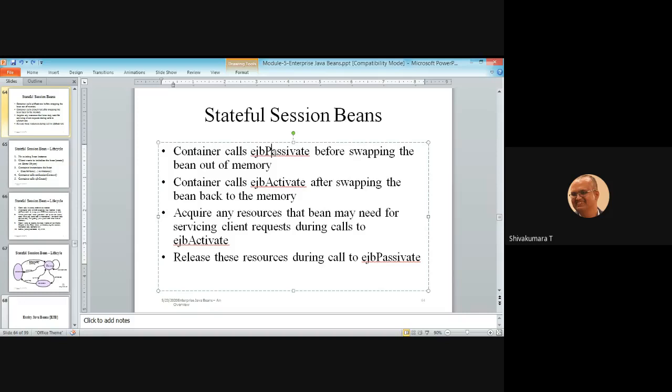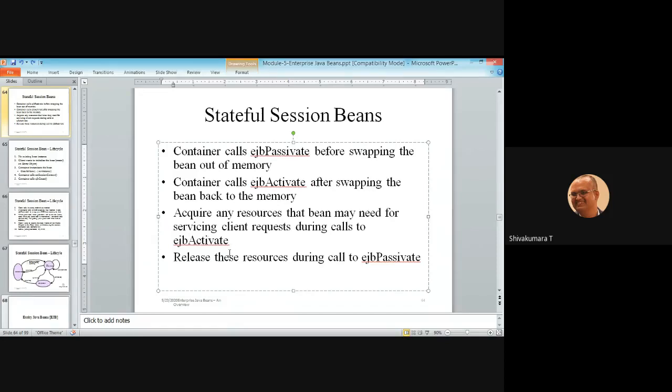So these two methods help pause and resume the existing application used in the session beans. Acquire any resources that the bean may need for servicing client requests during calls to EJB activate.